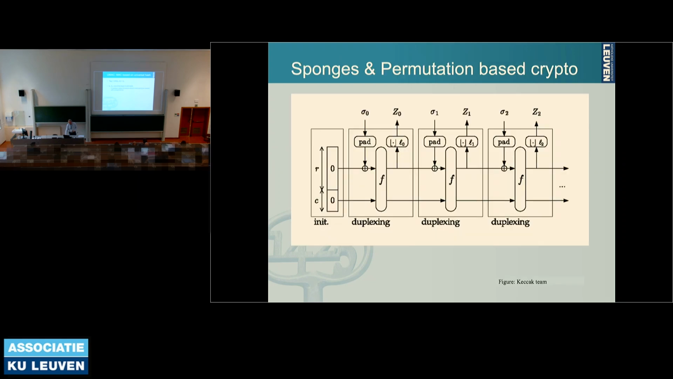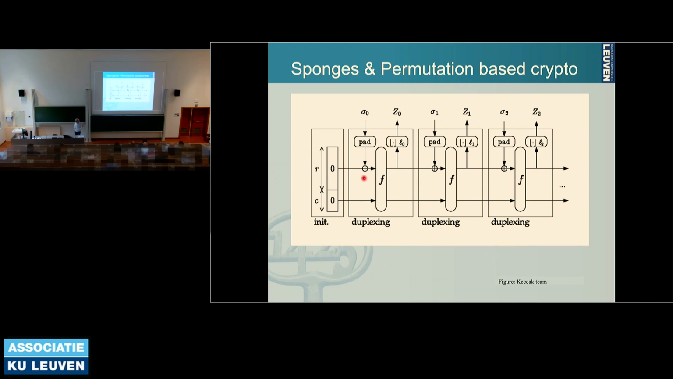Good. Then I wanted to say something about sponges, because they're quite the hype nowadays. In a sponge, you take a cryptographic component, function f here, and that was originally used to make hash functions. They say in every iteration, you take the sigmas, which are part of the message that you want to authenticate,